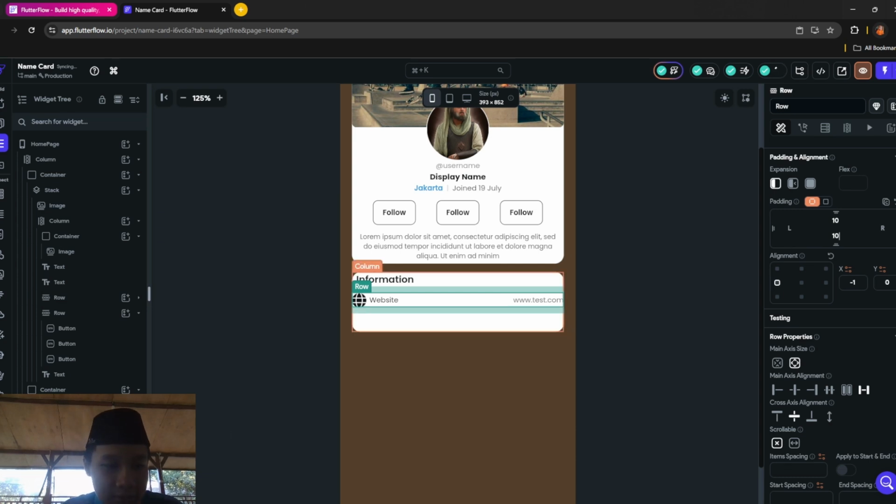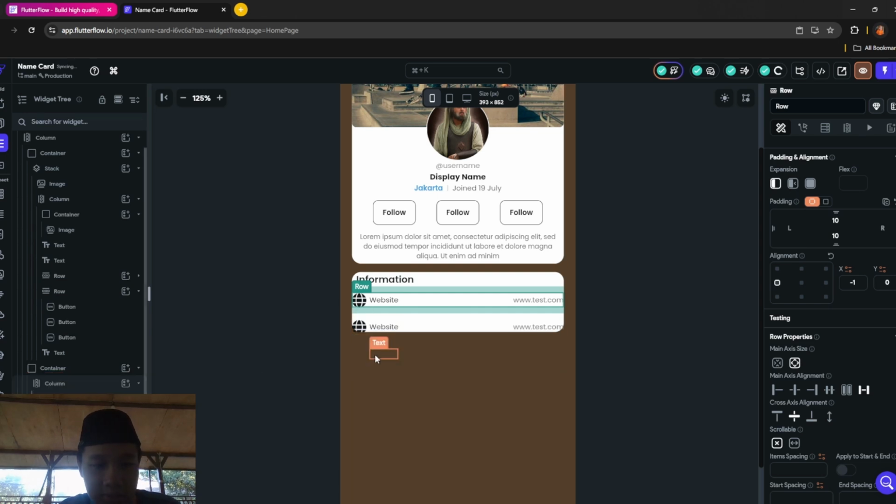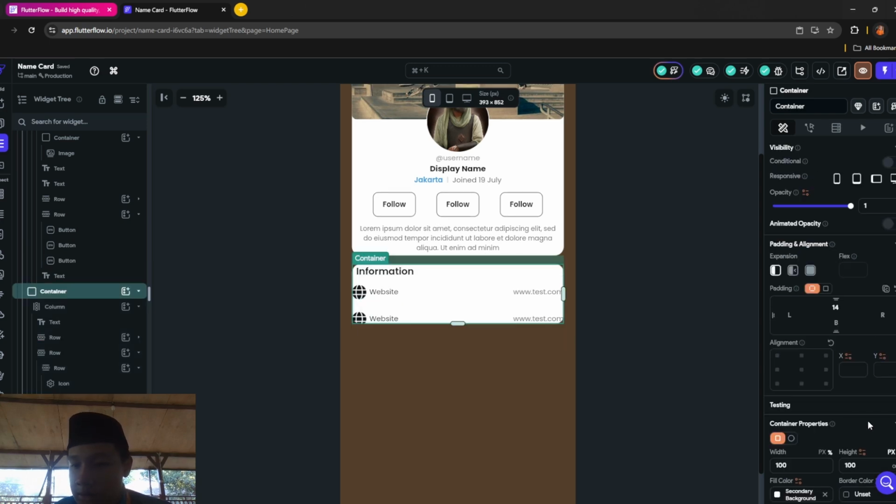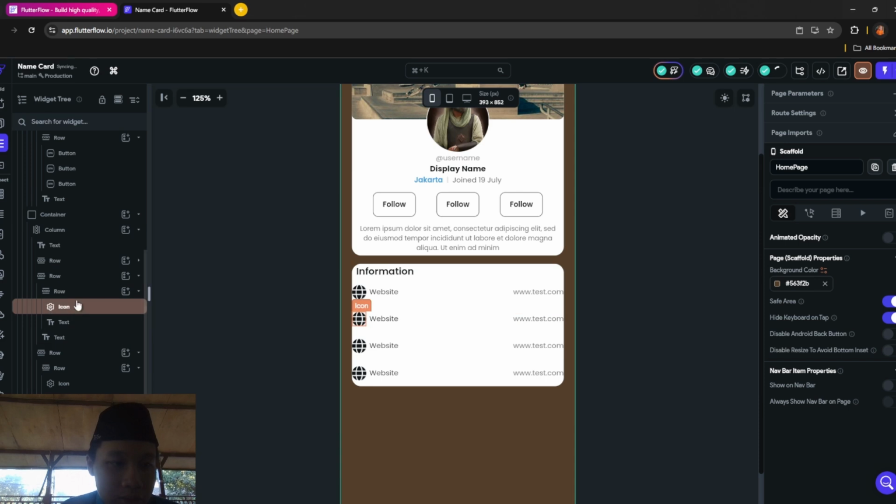And then after this you're done with this row, and then just duplicate it 3 times. Then change the container height to 0, just like this. You want to just make it empty.